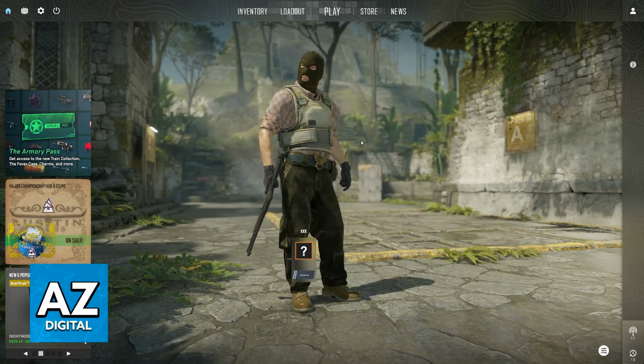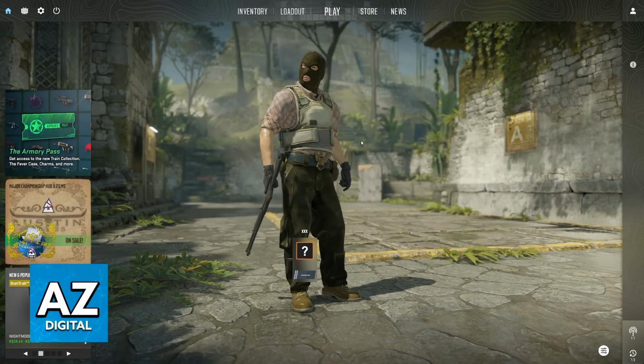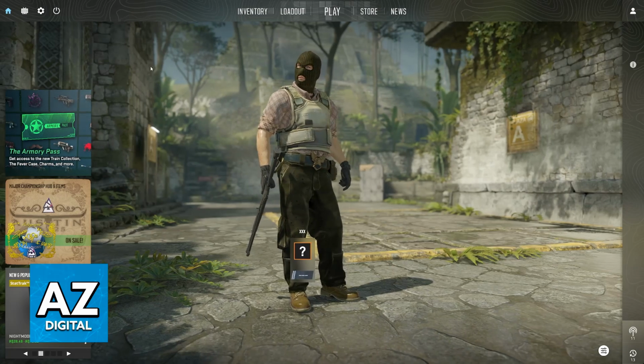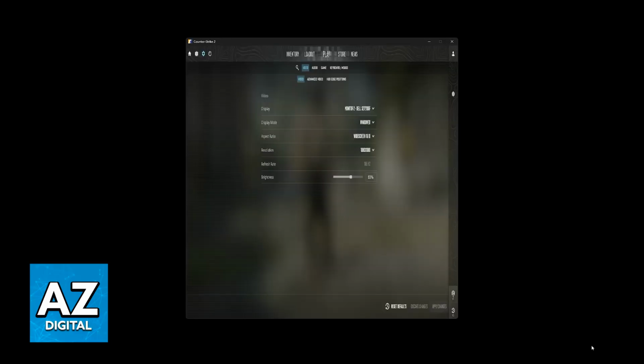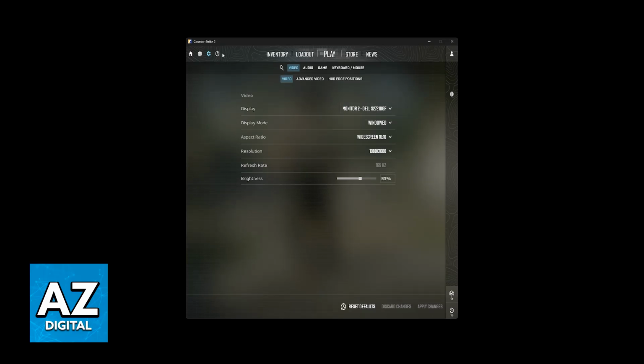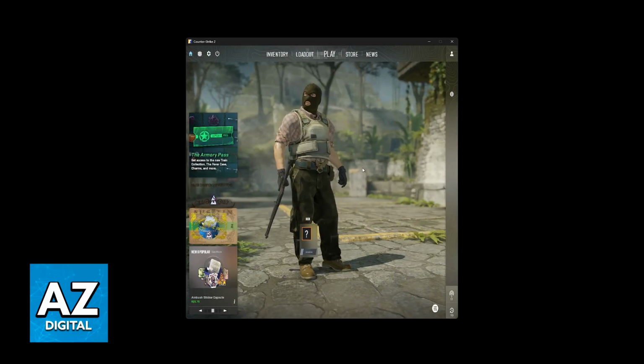In this video, I'm gonna teach you how to set up 1080 by 1080 or any other custom resolution inside of Counter-Strike 2. So if I go over to the settings menu under video, I can show you that I have 1080 by 1080. I'm going to do this on windowed mode because it is easier for me to record, but of course this will work with full screen, windowed, and so on. As you can see, the game is running on 1080 by 1080.